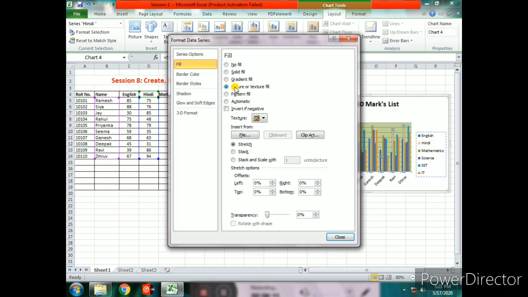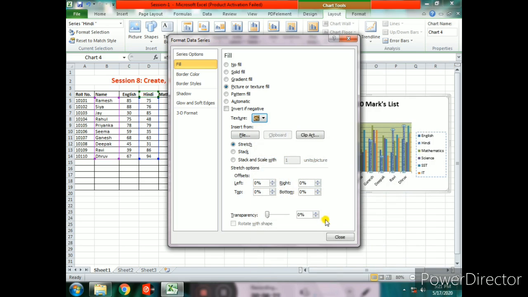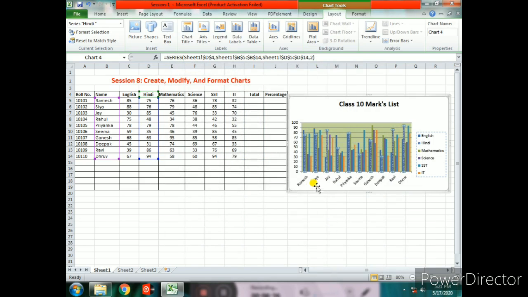Here we can select the picture or texture fill. From the texture, select any one and click on close. So here we can see the changes in our data series. So in this way we can do the formatting data series.